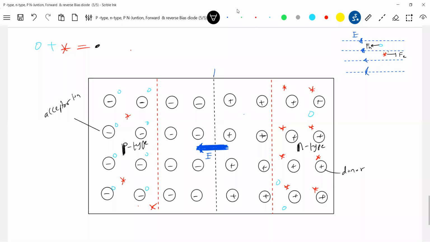Now, this particular electron is a majority carrier. It has enough energy. It wants to cross. The moment it enters here, it has kinetic energy, and with that kinetic energy it wants to go. So what will this electrostatic force do? It will repel it back because it will not have enough kinetic energy to cross over to the p type. So most of the electrons don't have sufficient energy to cross over the layer. This particular layer, I'll call it a depletion layer. We'll give it the name depletion. Why the name?